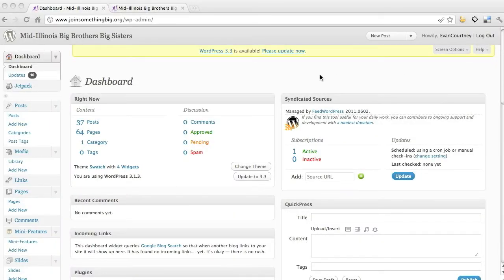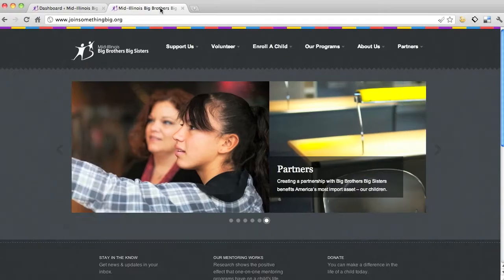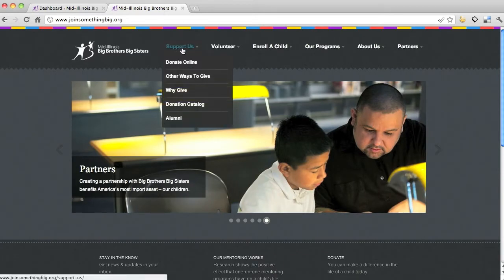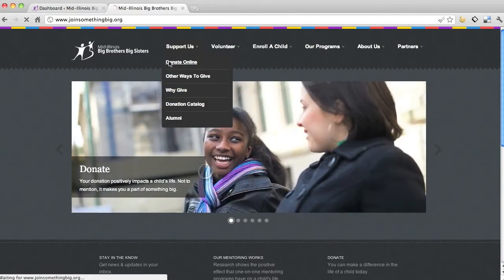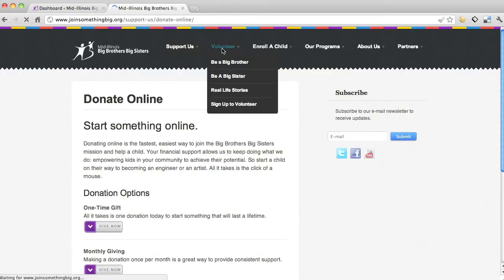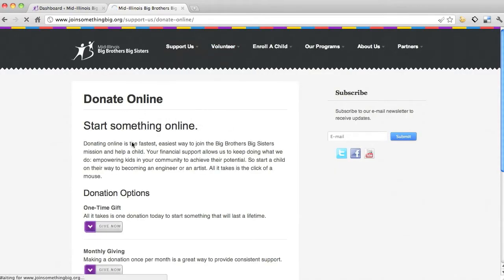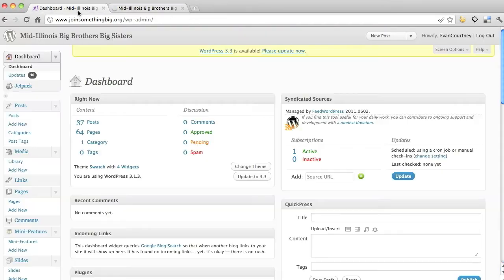In this tutorial, I'll show you how you can edit pages. And once again, pages are what each one of these are. Like the donate online is a page. Support us is a page. So all these are pages. So if we're at our dashboard, if we go to pages,